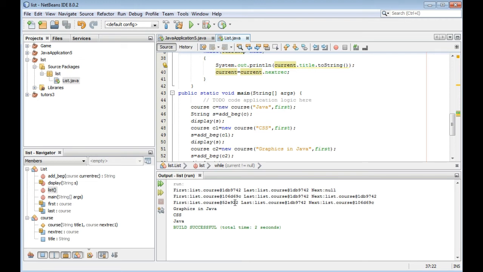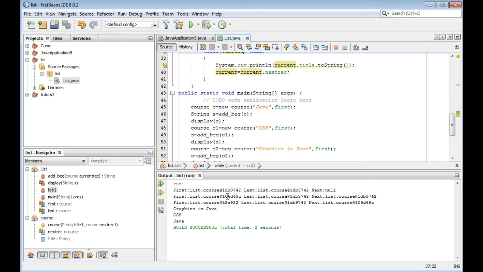The first record has this address, this is another address, list dot course, this is last. So for the first record, first and last are the same, and its next is null.